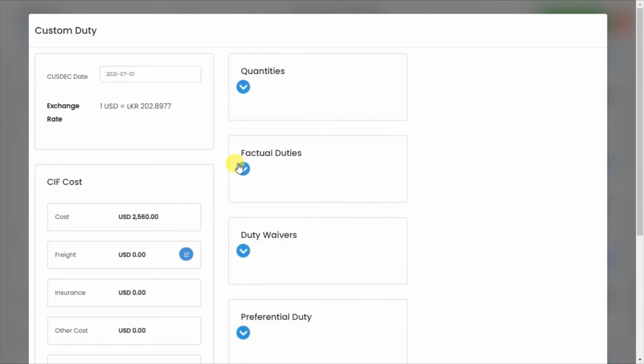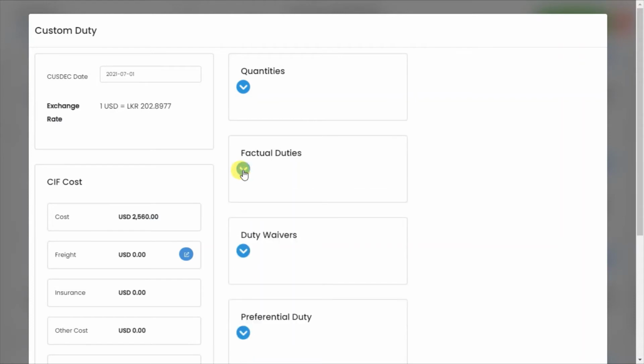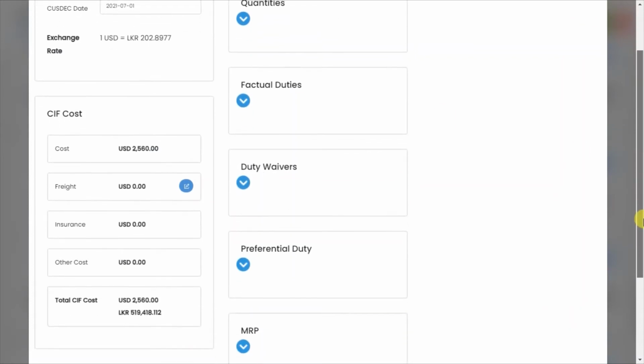For factual duties, such as excise duties, there is a method to calculate duty based on the facts. Let's say if we consider motors, there is a duty difference between 1000 RPM motors and 2000 RPM motors, likewise. I've just taken that fact to explain. Those things will appear if it is applicable for the selected commodities.